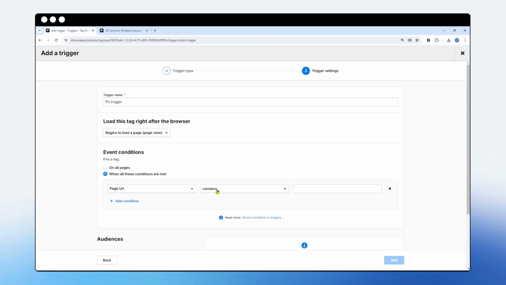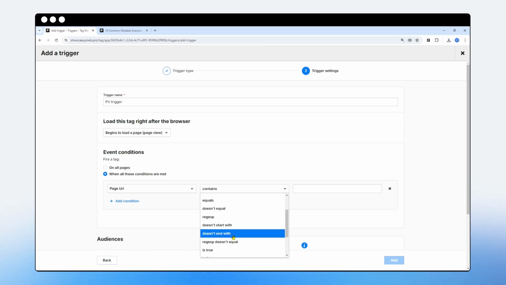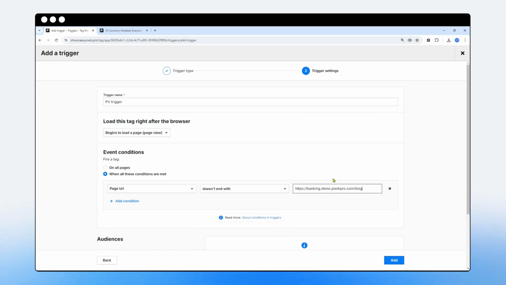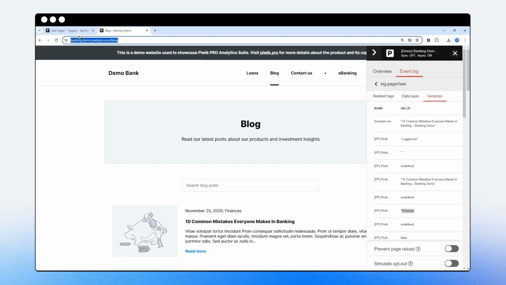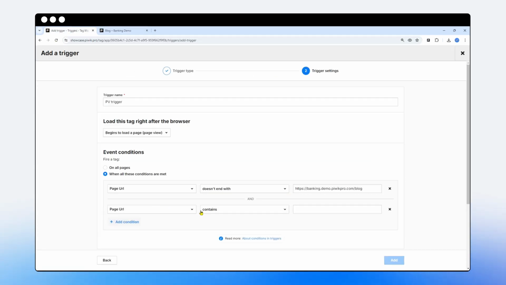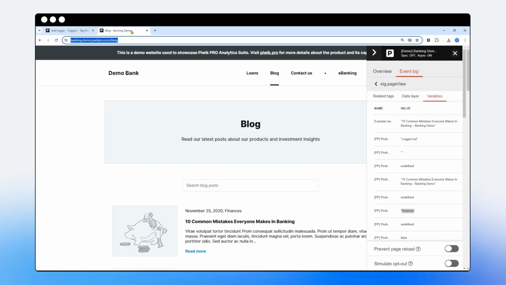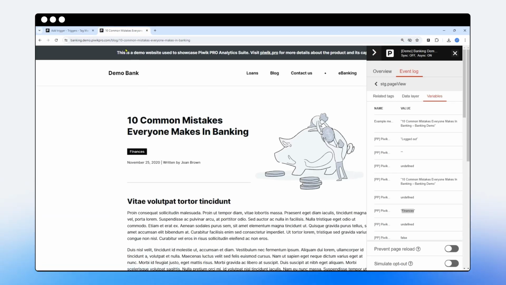I would add page URL does not end with this, because that's this page. But it contains a blog, meaning it would fire on any page that does contain the blog, but does not end with